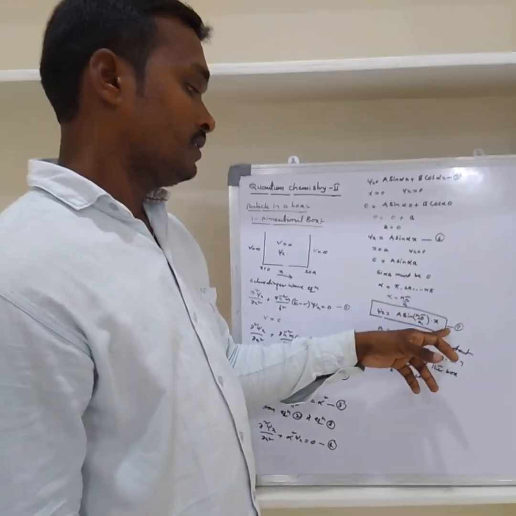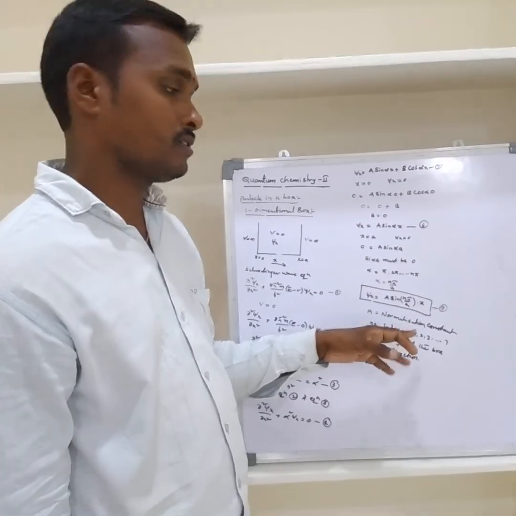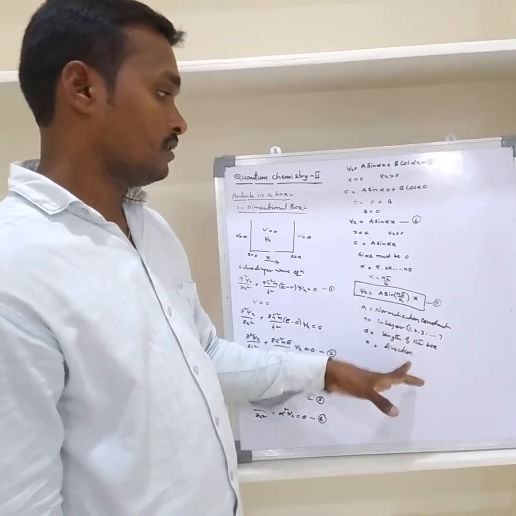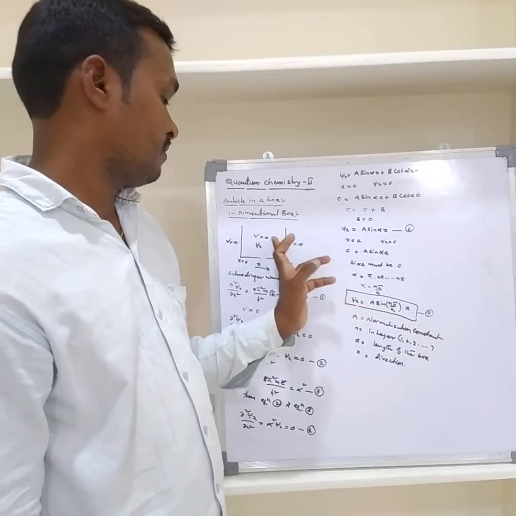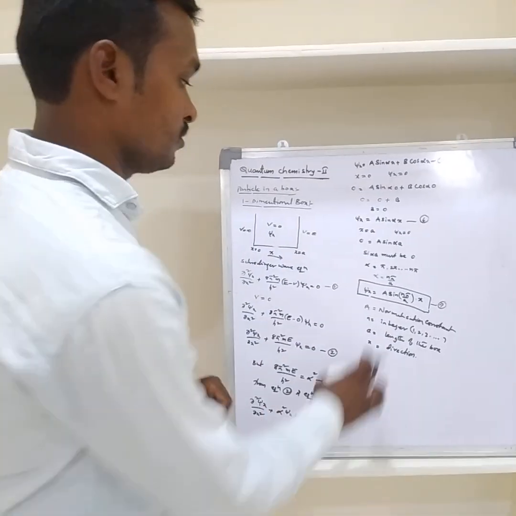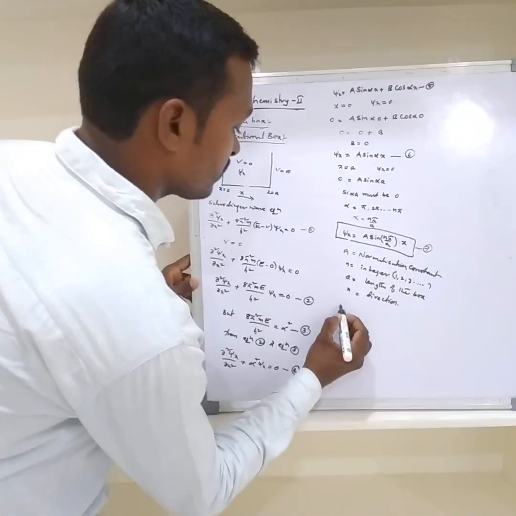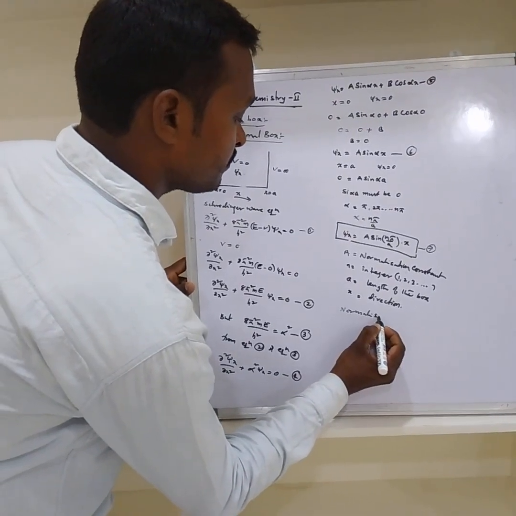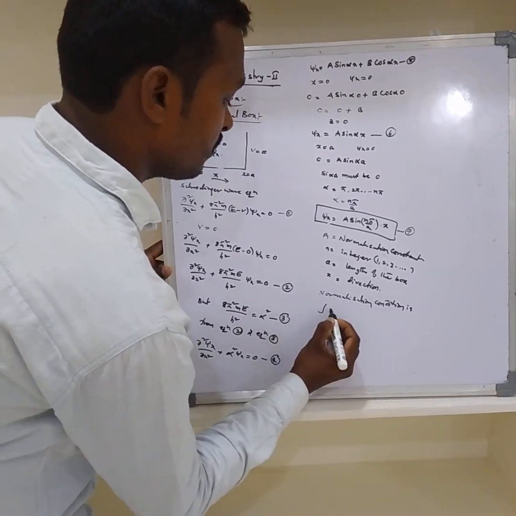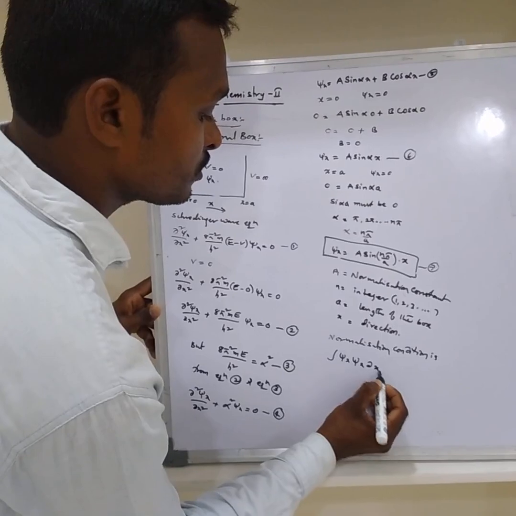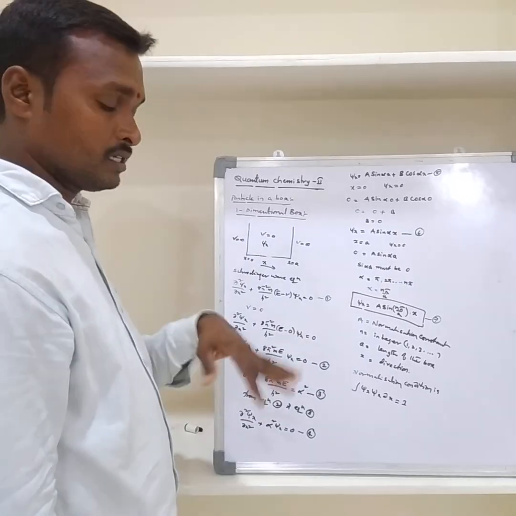So this is not the final equation. Psi x is A sin n pi x by a. Here capital A is called the normalization constant. We can solve the A value also. After solving, we substitute A and can get the final wave function equation for a particle in a 1D box. So this can be solved by the normalization condition. The normalization condition is that the integral value of two same wave functions will be equal to 1. The integral value of two different wave functions will be equal to 0, that is the orthogonal condition.